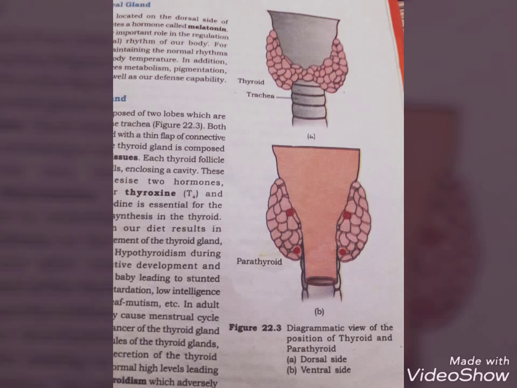Adrenal gland. Our body has one pair of adrenal glands at the anterior part of each kidney, figure 22.4a. The gland is composed of 2 types of tissues. The centrally located tissue is called the adrenal medulla, and outside this lies the adrenal cortex, figure 22.4b. The adrenal medulla secretes 2 hormones called adrenaline or epinephrine and noradrenaline or norepinephrine. These are commonly called